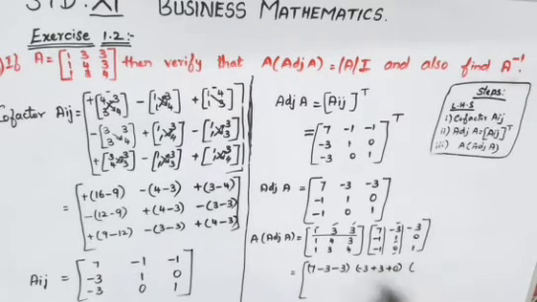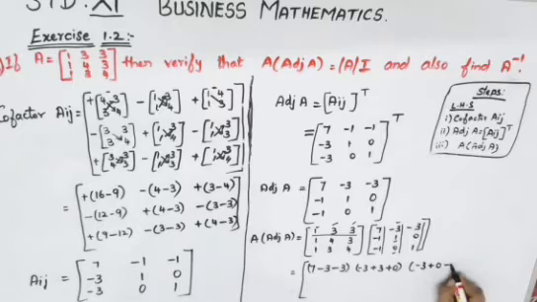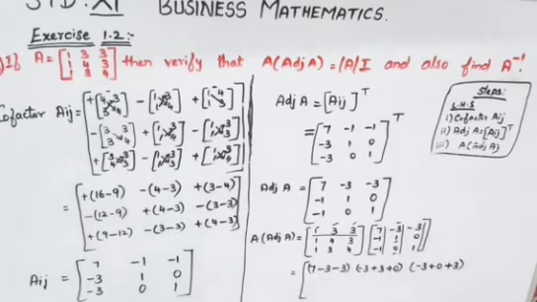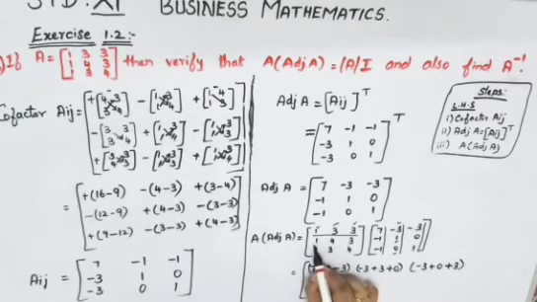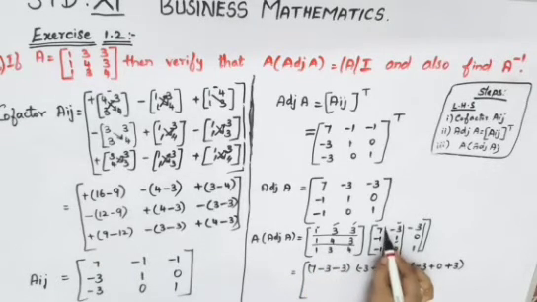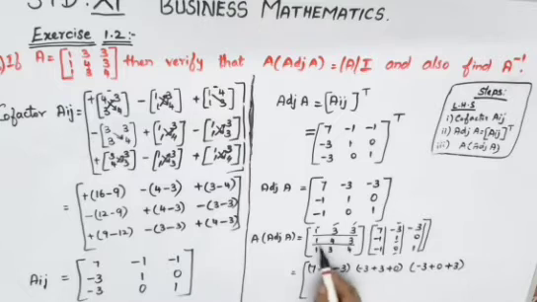Now the next one is first row, third column. This column you'll have to do. So 1 and minus 3 is minus 3. 3 and 0 is 0. 3 and 1 is 3. Clear? So your first row is over. Now going to your second row, first column. Again you will have to go to the first column only. So 7 ones are 7. 4 ones are 4, that is minus 4. 3 ones are 3, but minus 3.